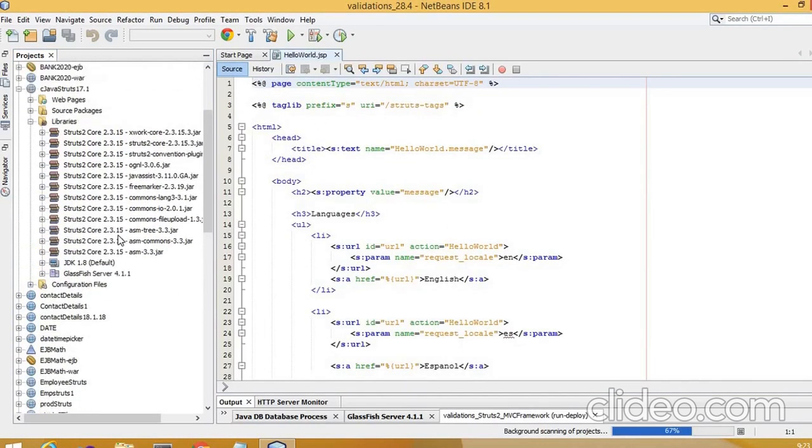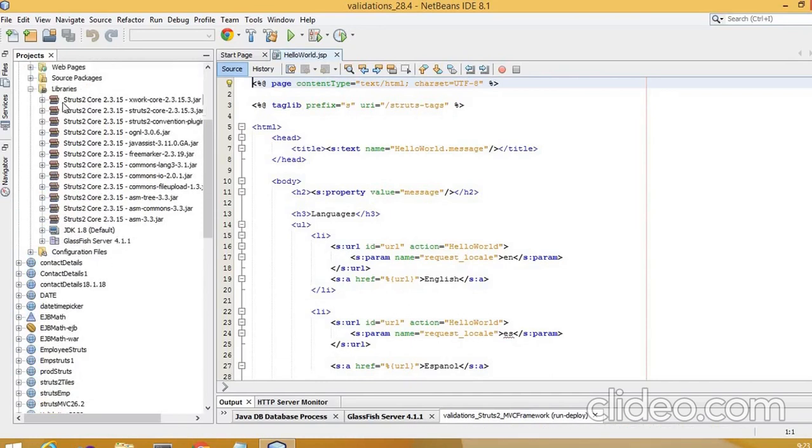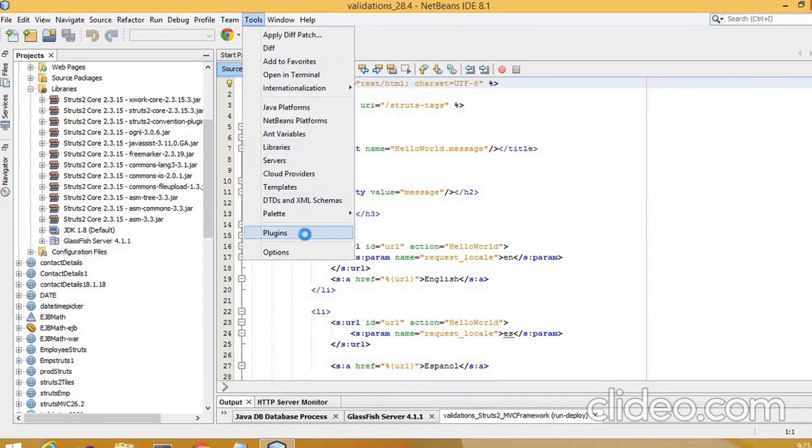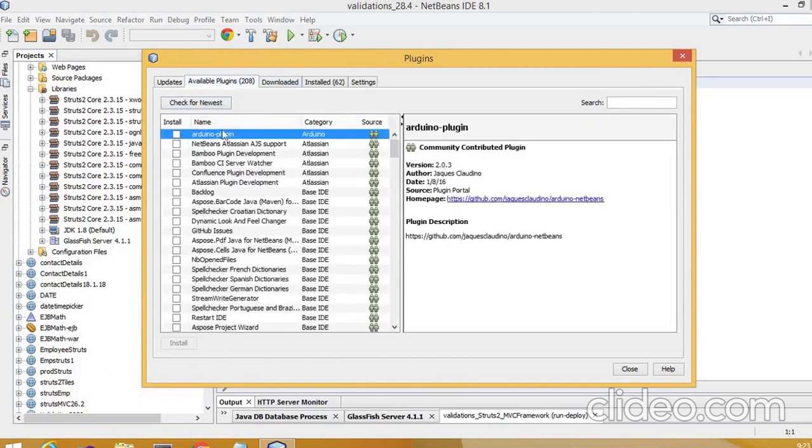Okay, so here you can see the libraries I was talking about, Struts 2 core 2.3.15. All these libraries are available on the internet if you want to implement MVC using Struts 2 core, and you can just add them using tools and plugins, and you can add the available plugins over here.